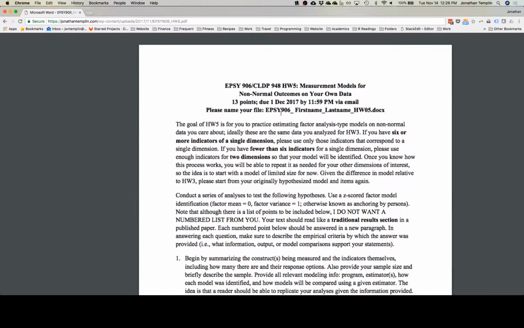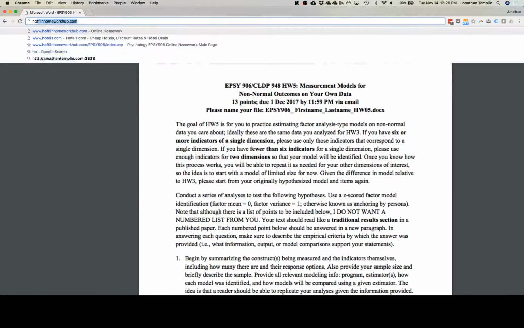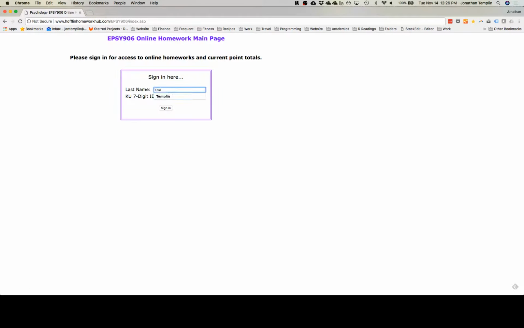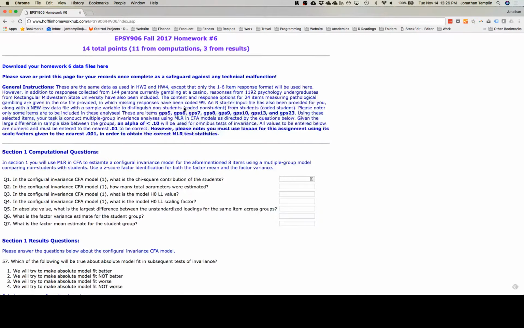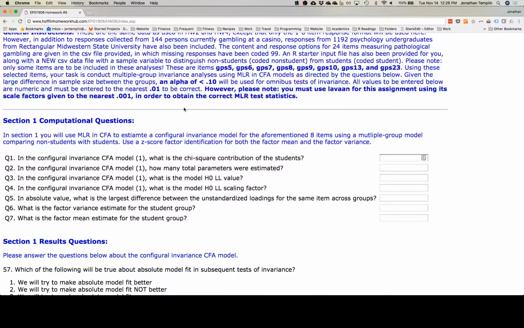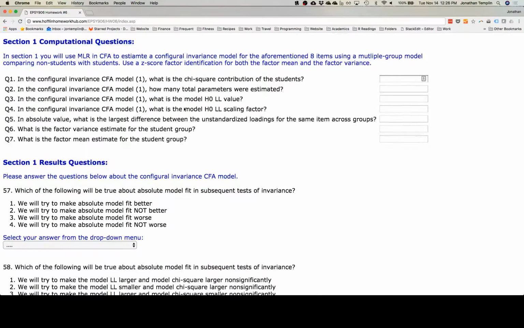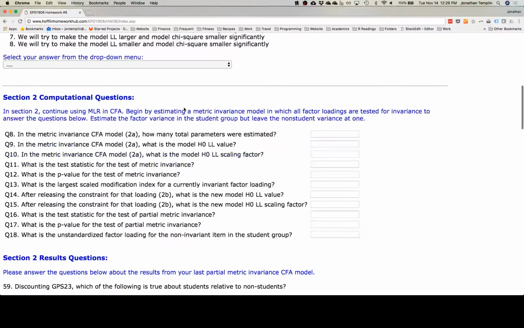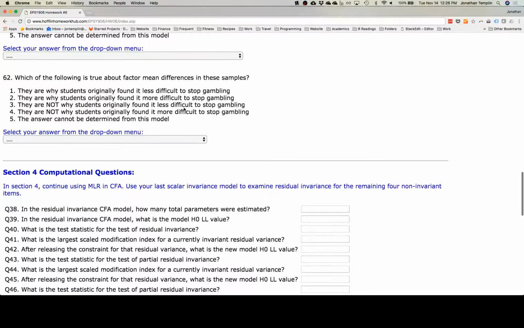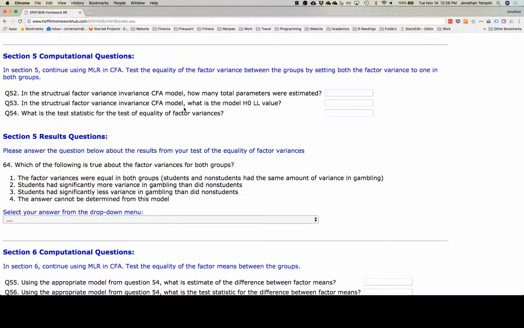Homework 6 is already available. Yes, it is online. So when can we start working on that? Immediately. You can even start on it right now, because homework 6 is measurement invariance with CFA, and we've already done some of the sections. We talked about the configural model. There's the metric invariance. There's scalar invariance. There's residual invariance, which we'll talk about today, and then there's the factors, like what was the actual thing that happened. So you could start on it now if you wanted to.